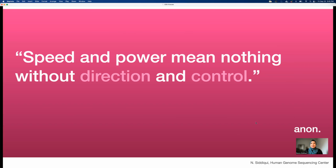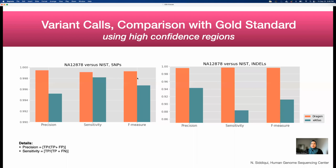However, speed and power mean nothing without direction and control. So we really, as a clinical team, focus on accuracy and precision, as well as sensitivity. So we had to do a lot of work to see how we could improve and test the accuracy of this platform that we were utilizing in cloud. And this is some early data here. And all you have to take from this is that this technology, which is the orange bars, ended up scoring better on precision, sensitivity, and F-measure after some work on our part to